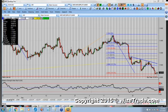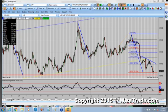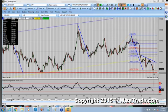All right, so why is the euro where we're at? Well, we are at 161% extension. I do not expect the euro to break any further pre non-farm payroll. If we get anywhere close to 108.20, you've got to be on the long side of the euro. And if you want to, you can get on the long side of the euro right here and put your stops below 108 and target a move back up to 109.50, even just for a move between now and non-farm